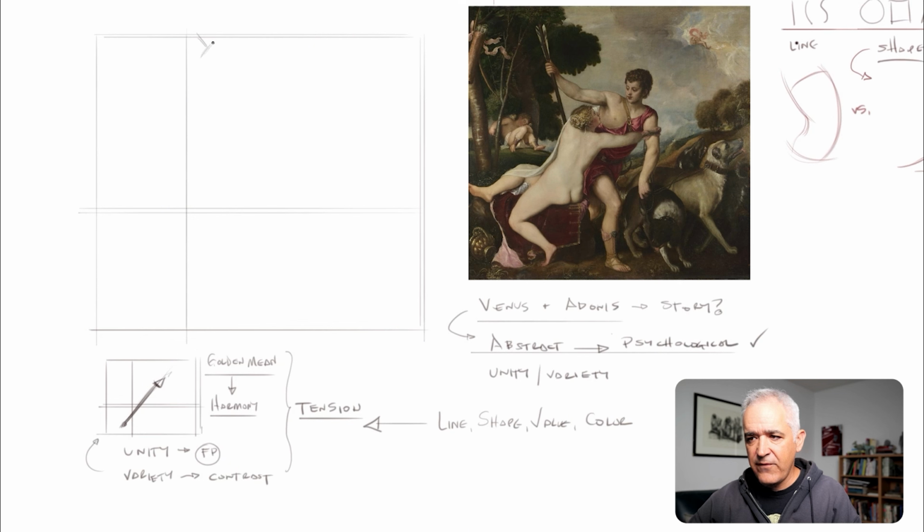Let's say I'm going to find, working from the top down, some shapes for the trees. But my basic understanding of this area as a whole is that it creates continuity with the golden mean. And then it's where Venus is anchored. So let's do a little sketch for Venus. This could be whatever way you want to begin to understand gesture. So here's a head.